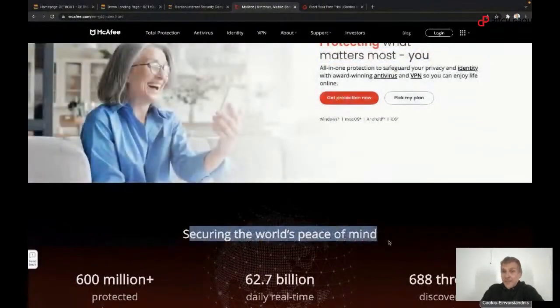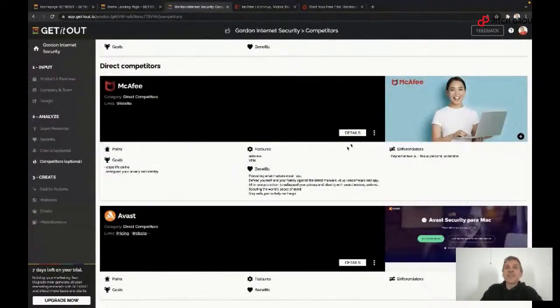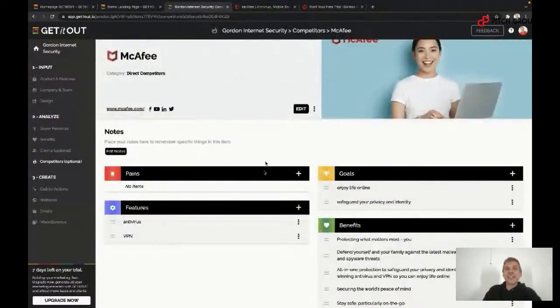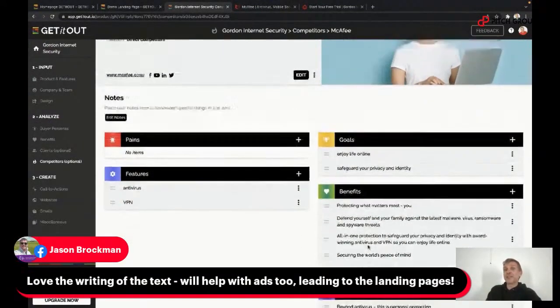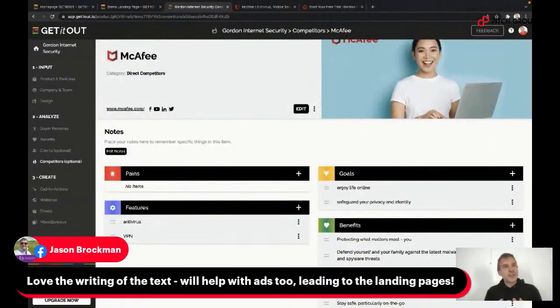You just go on your competitor sites, you copy these texts, and then you would paste them here in this competitors section. Let me show you that in detail. So copy and pasting the pains, goals, features, and benefits that you see on your competitors. The goal here is not to copy your competitors. That'd be boring, right? The goal is that you can actually surface and